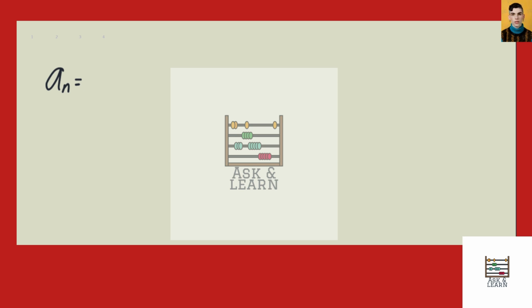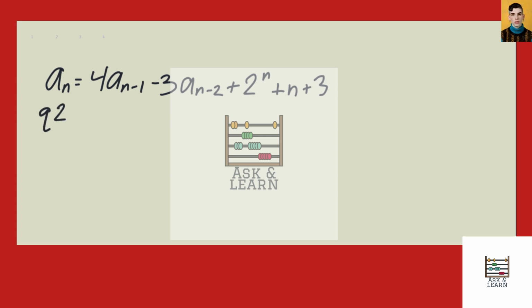So we get that a_n is equal to 4a_{n-1} minus 3a_{n-2} plus 2 to the power of n plus n plus 3. And we'll put in our particular solution on the left-hand side because we know it needs to solve it. So then we get q times 2 to the power of n plus p1 times n squared plus p naught times n